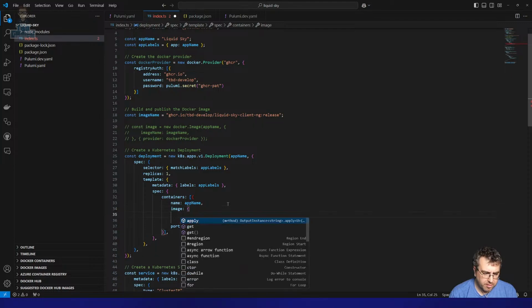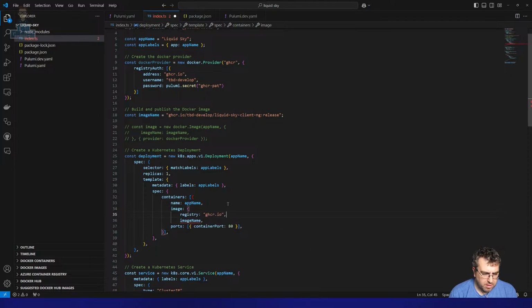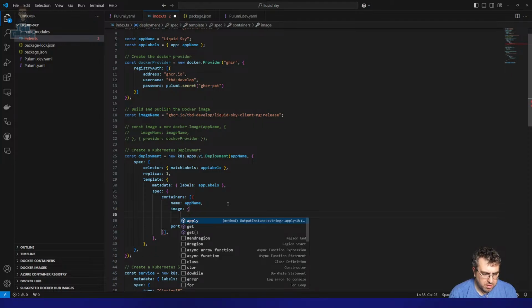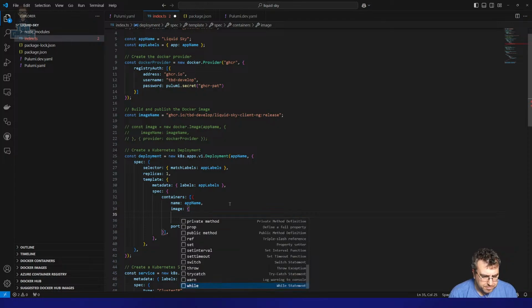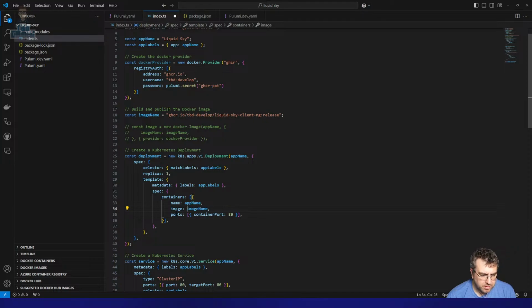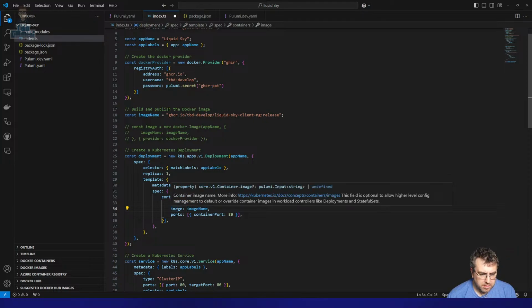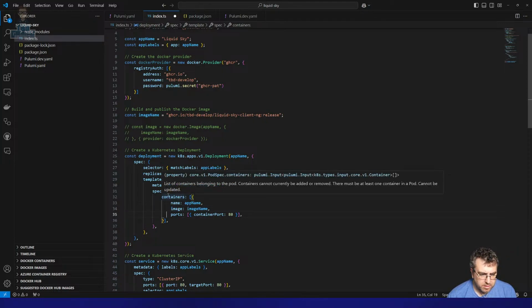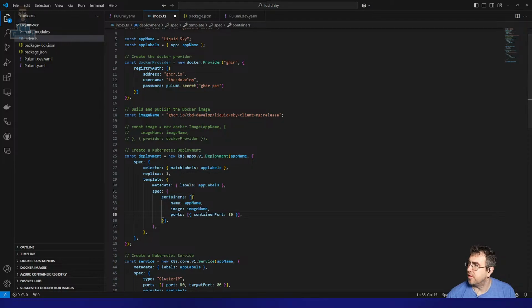Does this take an object or? Nope, that's a string. Container image. Container. So their example container. Image name. Containers. So if we do